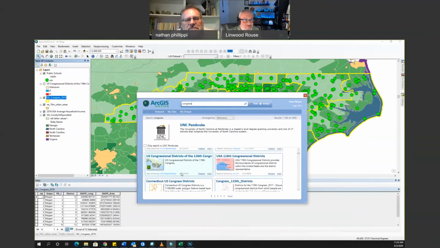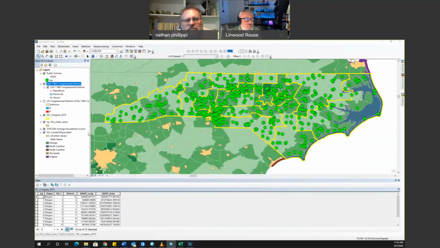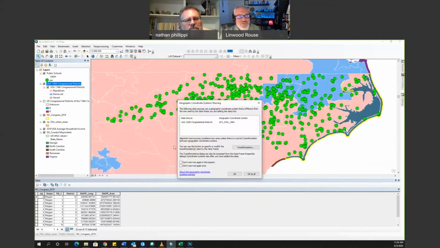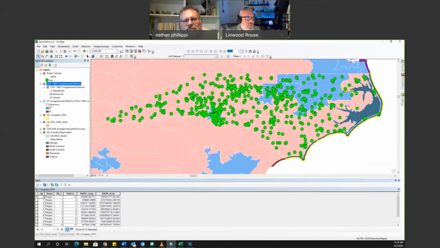So if it says Esri underneath it, like this one, that one would probably run a little bit faster. That's one that we had looked at the other day. It also has a better color ramp. That's a separate issue. And better data. Okay, so that